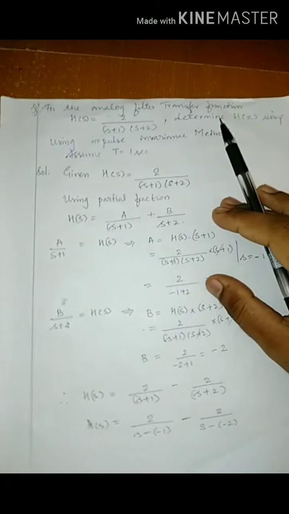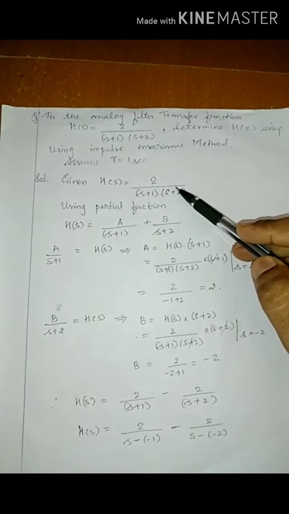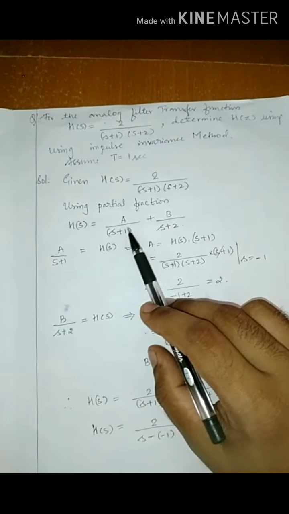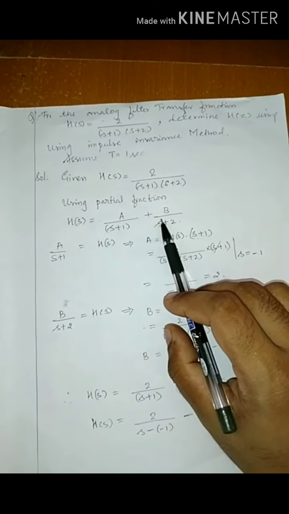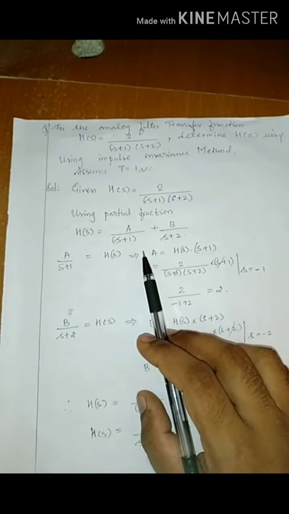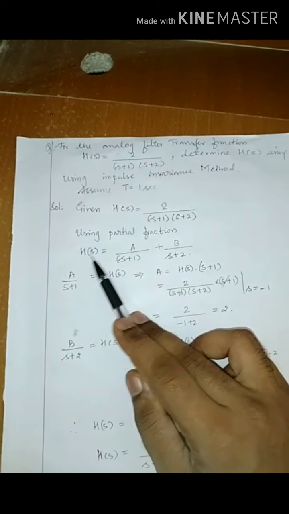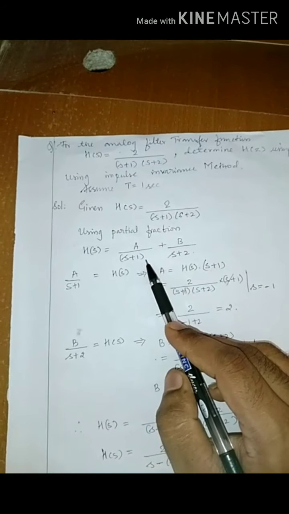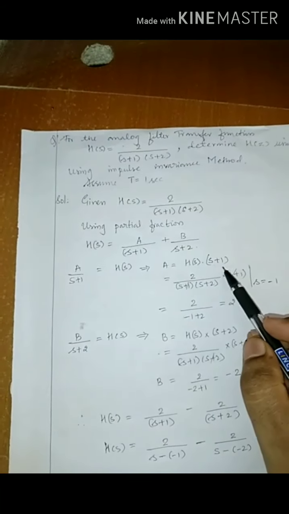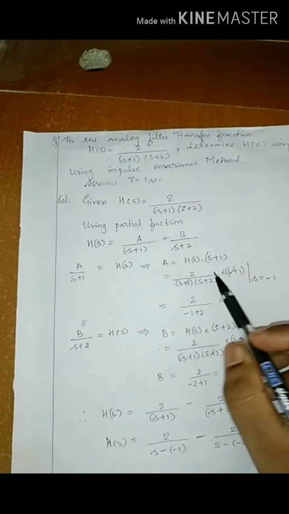The given transfer function is H of S is equal to 2 divided by (S plus 1) into (S plus 2). Using partial fractions, H of S is equal to A divided by S plus 1 plus B divided by S plus 2. Now we need to calculate the values of A and B individually. To calculate the value of A, A is equal to H of S into (S plus 1). Here we need to substitute S is equal to minus 1,